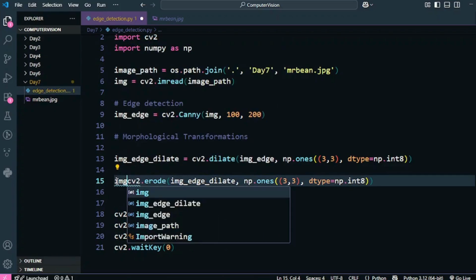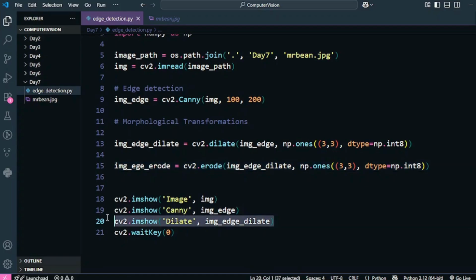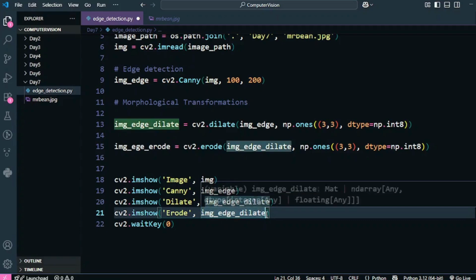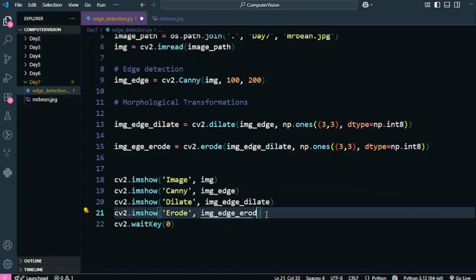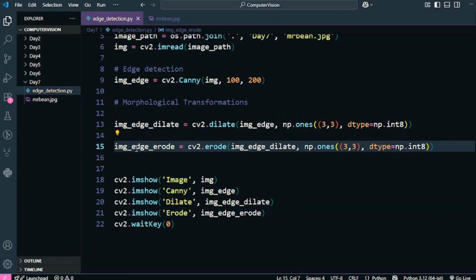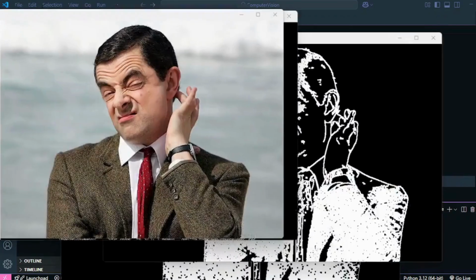So I'm going to call it image edge erode, and now I'm going to visualize it as well. I'm going to call it erode, and over here I am also going to pass erode. Oh, I misspelled. Okay, so now let's run it and see the difference.